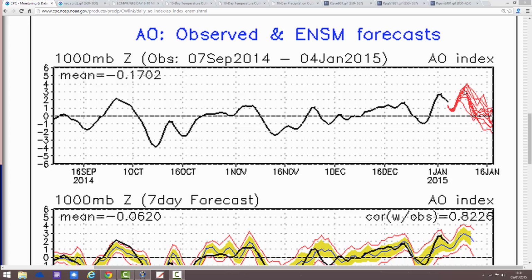After that, though, many of these red lines are dipping down. They're not exactly tanking, they're not going through the floor, but there's certainly the idea that as we run up towards the middle of January, this is the 16th just here, the Arctic Oscillation is going a great deal more negative than it is at the moment. And when the Arctic Oscillation is negative, it's telling us that we're getting blocking appearing over the top of the pole. So that's why this is an important index.